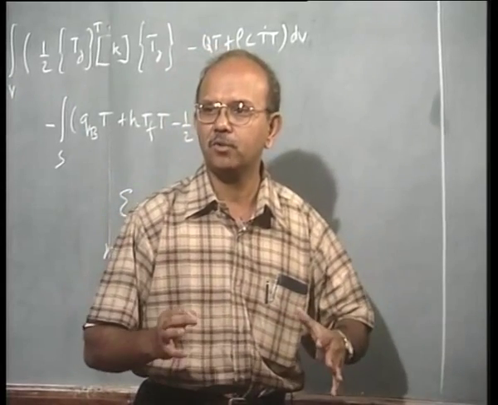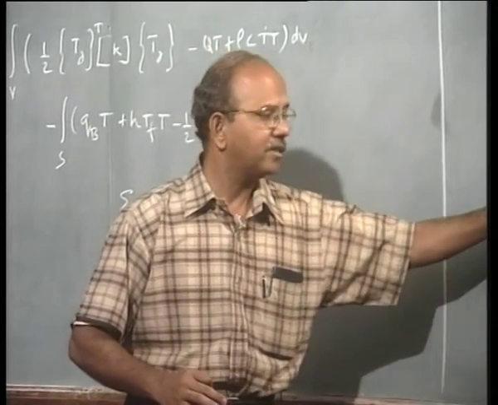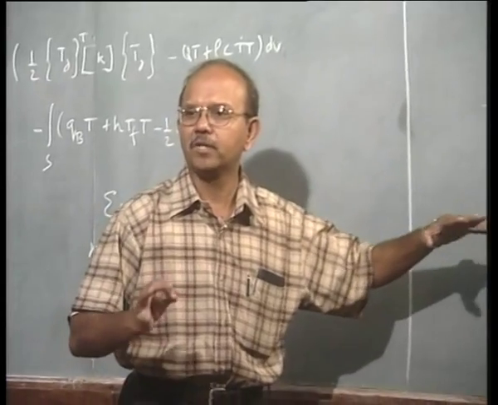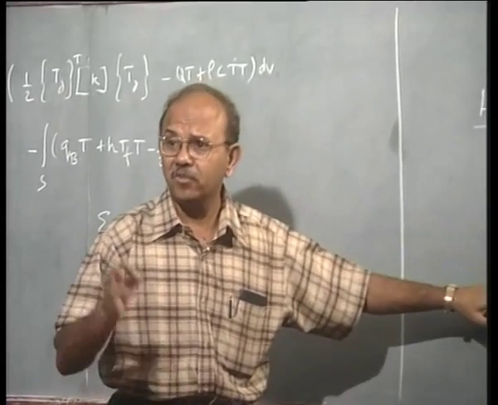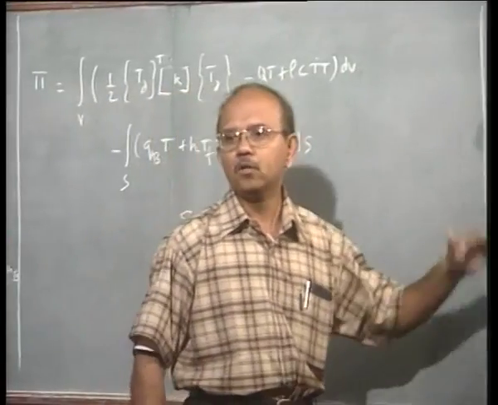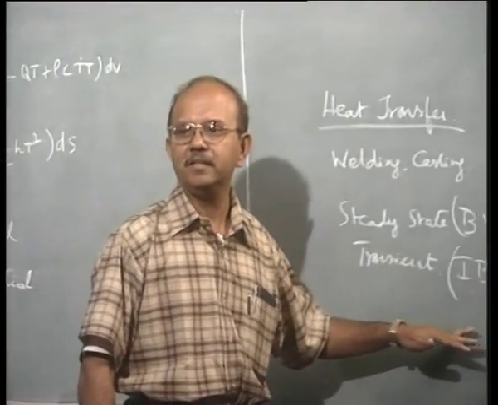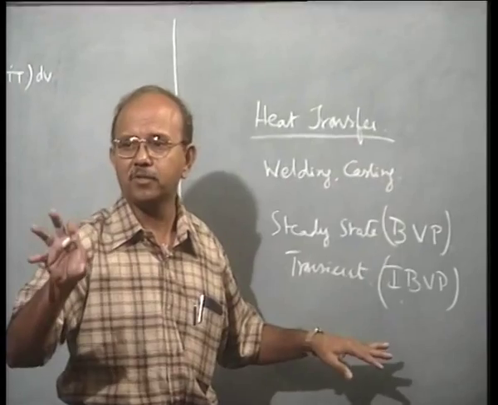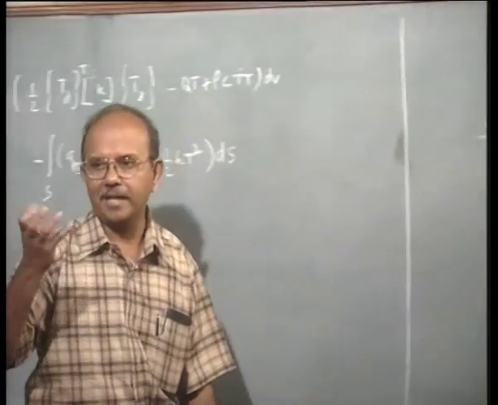Okay. So, these are the things that have to be given: initial value, initial condition, at time t equal to 0, and for the steady state problem I have to give only the boundary condition. Here also I have to give the boundary condition, of course, but apart from the boundary condition I also have to give the initial condition. I will come back to this because I think you have to catch this practically.